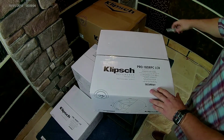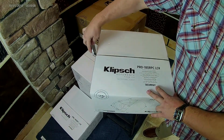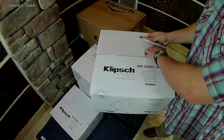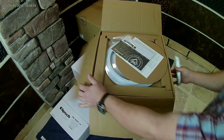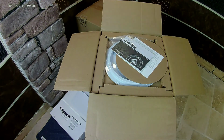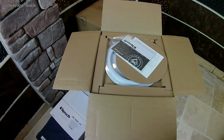When you see this thing opened up, you're going to see the huge amount of angle that the high frequency driver has on it, and then it also has angle on the woofer. So it literally is as if it's an in-wall speaker mounted in the ceiling. It's quite impressive. So with anything from Klipsch, you're going to have your owner's manual,